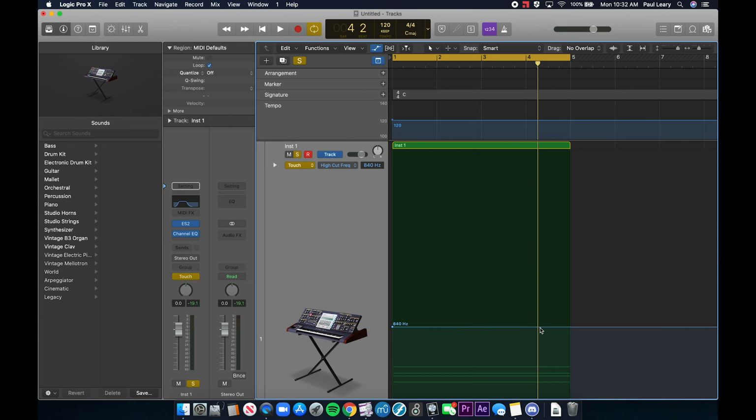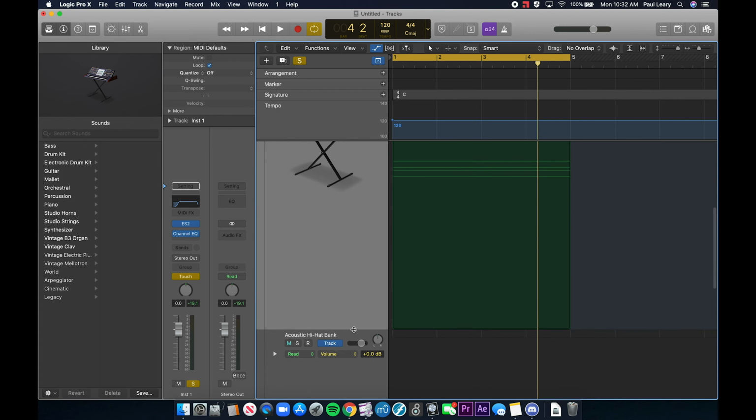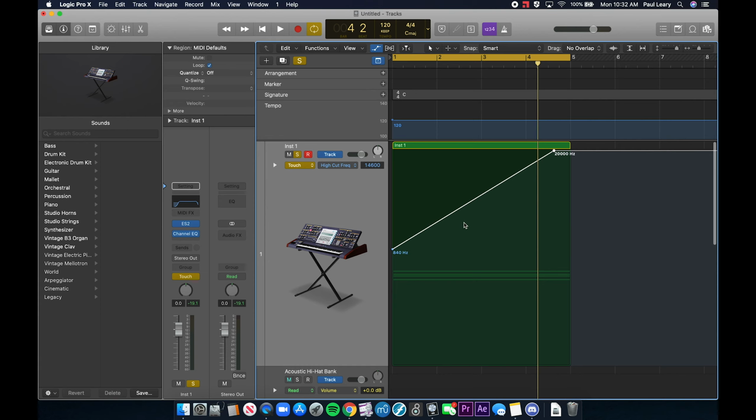So I can click these now and kind of add a node in, and basically want to go from something pretty low cut. Sometimes it's cut all the way enough that you can't even hear it when it begins, so it's almost like it fades in from nothing. And then a common thing too is that there are different ways of having these swooshers, I guess, is that either they're a straight line like this,